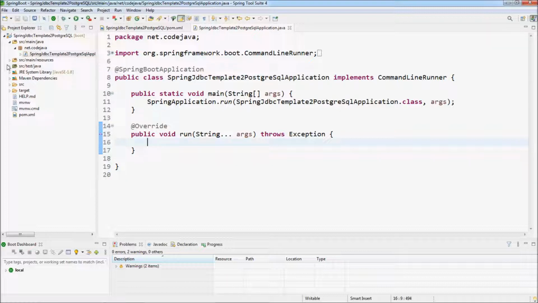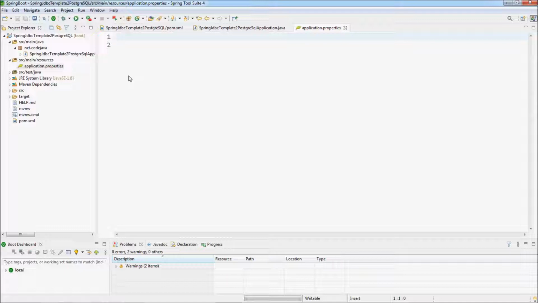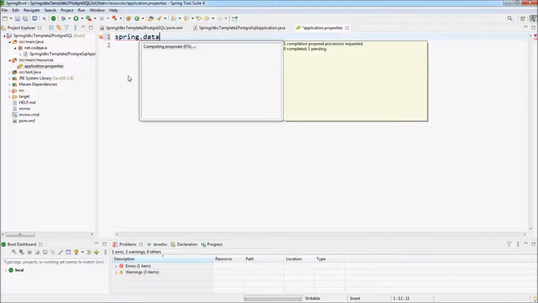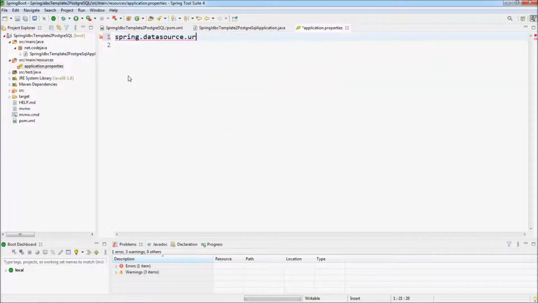And next we need to open the Spring Boot application configuration file, the application.properties file here, to specify some data source properties for the database connection information. So the first property we need to specify is the JDBC URL. So the property name is spring.datasource.url. And for PostgreSQL, we need to use this JDBC URL: jdbc:postgresql://